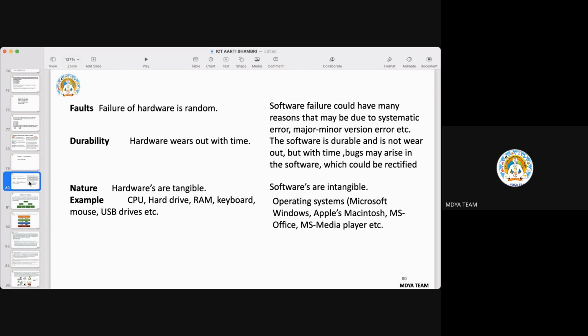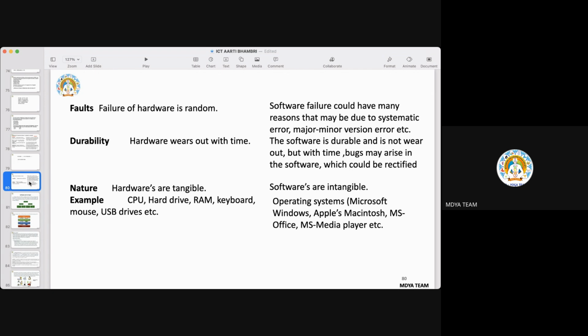because it is more durable, and no wear and tear, because it is like a set of commands, no hardware is there. But with time, some bug or some virus may corrupt those sets of instructions, so they should be rectified in between, whenever you are using such software. The hardwares are tangible, but software are intangible. And examples we have seen: CPU, hard drive, RAM, all the memory parts, keyboard, various types of secondary devices,